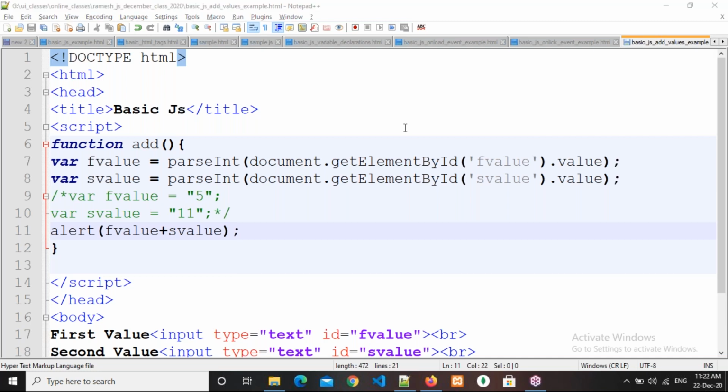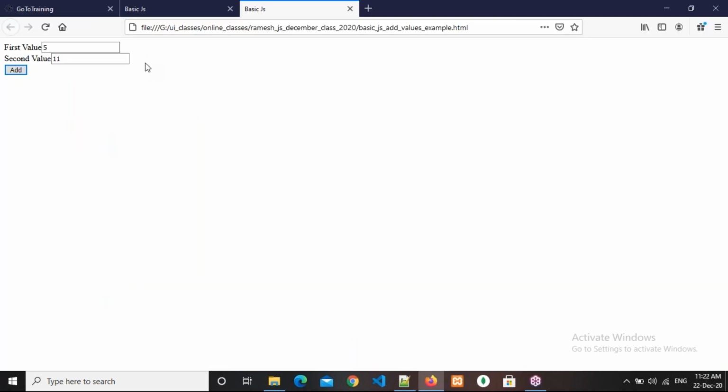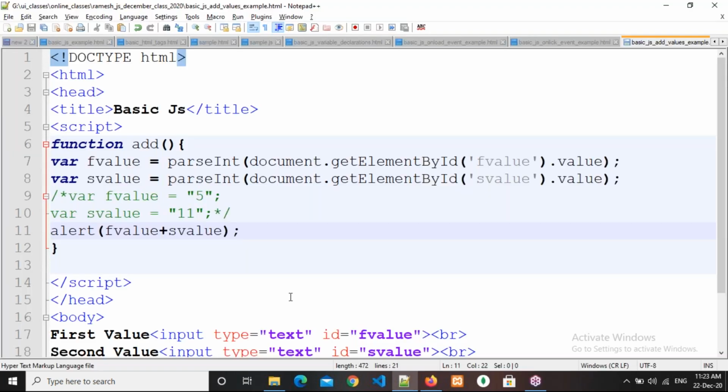I had a quick question. Instead of displaying the added value in an alert box, if you want to display it in a text box in the body, how do we do that? You want to display it in another text box. Yes, for the added value, the 16, not in the alert but in a text box. In a text box, then you need to assign it to the value of that. Later I will tell you. You need to manipulate this value. Okay, sir.